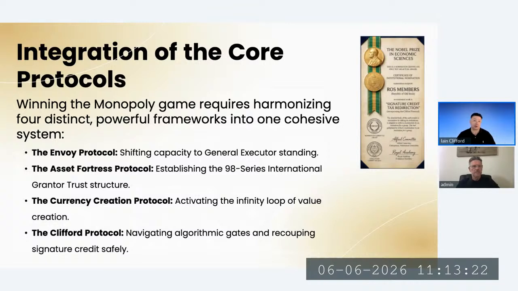The Asset Fortress Protocol is a separate Foreign Grantors Trust, which will become your private treasury. This has a bank account. It's the trust bank account. You're going to use the Asset Fortress Protocol for 2 reasons. One is to spend and recoup, spend and receive those tax redirections or those recoupments. That's your private treasury. It's on the Monopoly Board of Commerce, but separate from the person. It doesn't get involved in the track and the trace and all of this digital ID that will be coming in the near future. It's already in many countries.